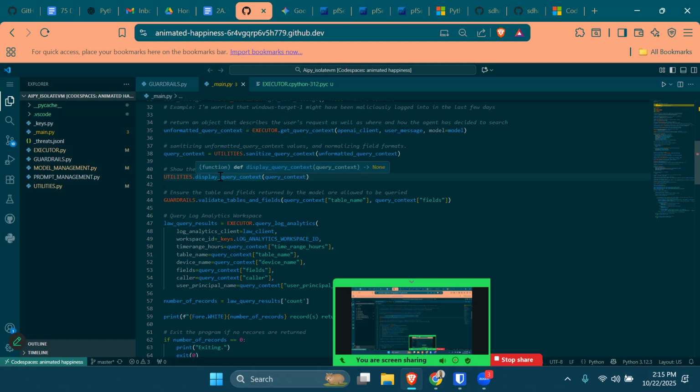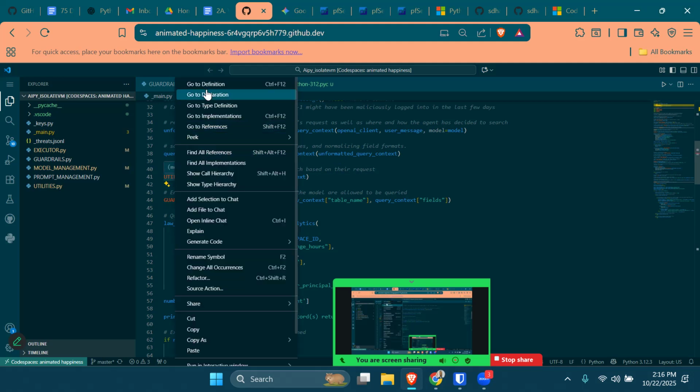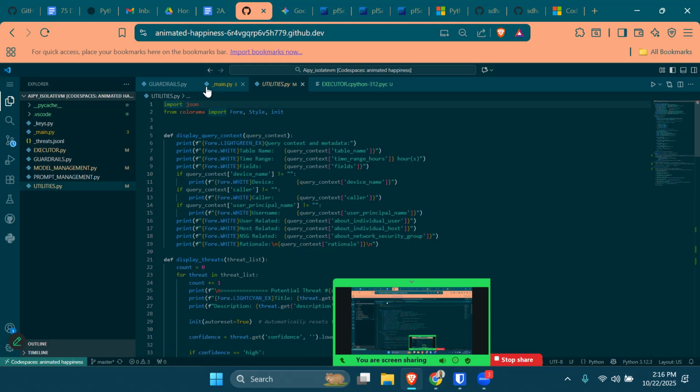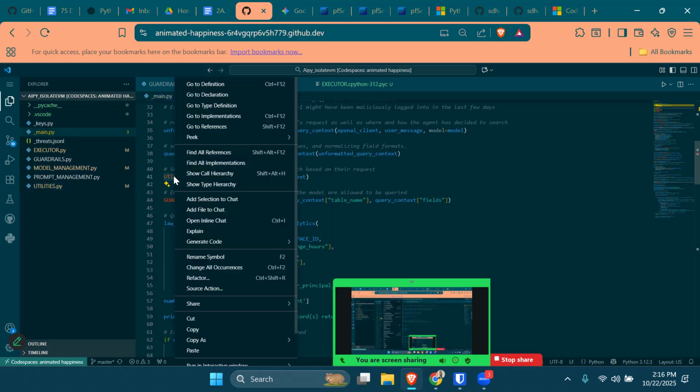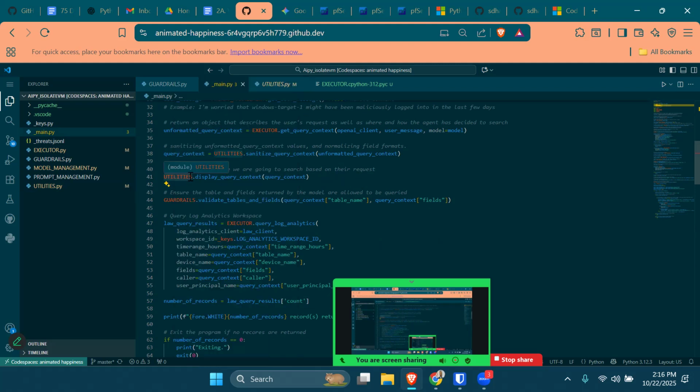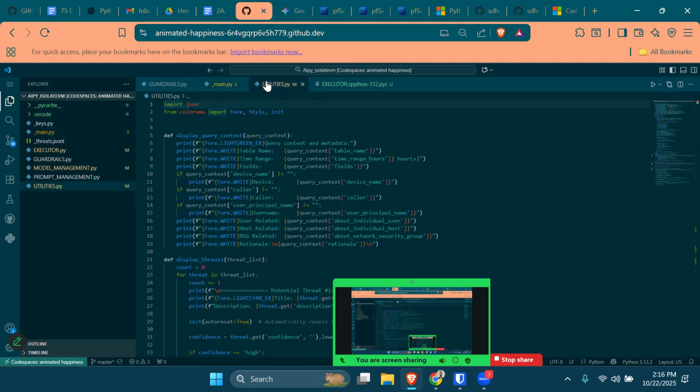Now the thing is, I want to say, so this shows you, I wonder if you can... ooh, go to the definition. So I could have just done it this way the whole time. If you click on it here and you click go to definition, it would map it for you. To be honest with you, I'm still learning this. So utilities.display, click on utilities, and